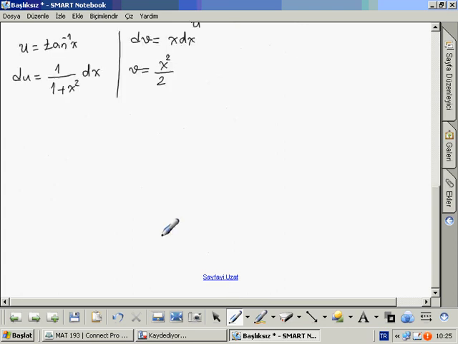And I equals u times v, and it is x squared over 2 times arc tangent x, and minus integral v times, which is x squared over 2, times du, which is dx over 1 plus x squared,